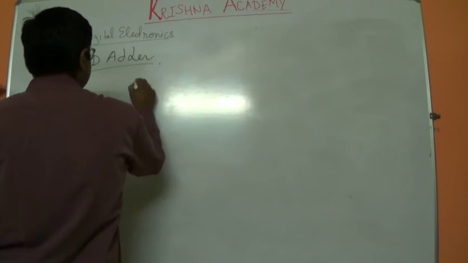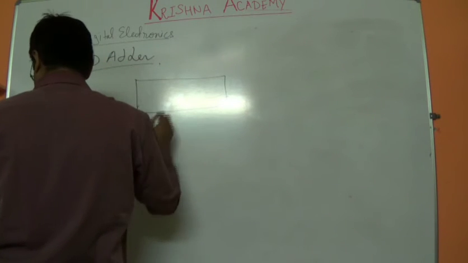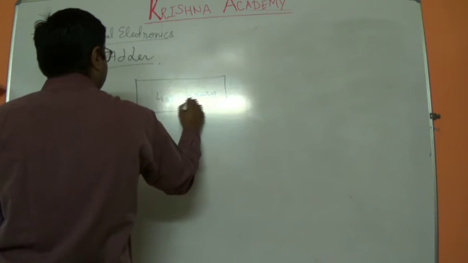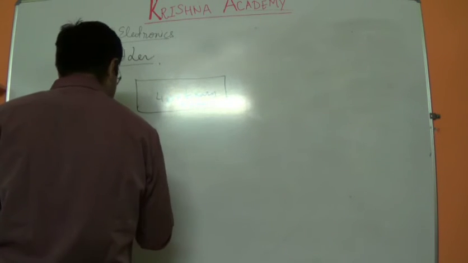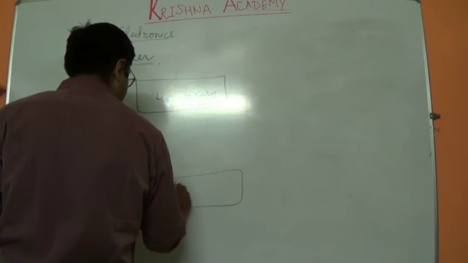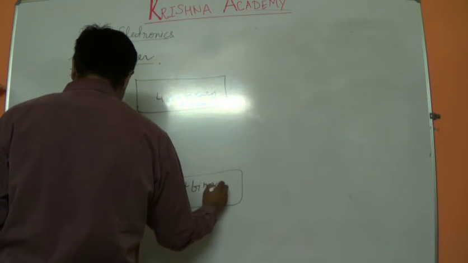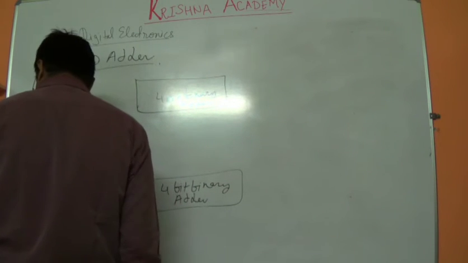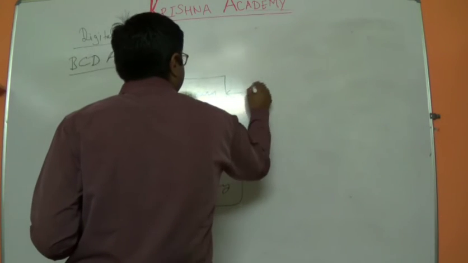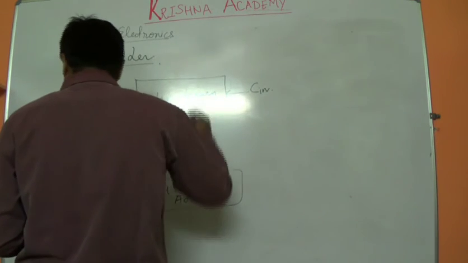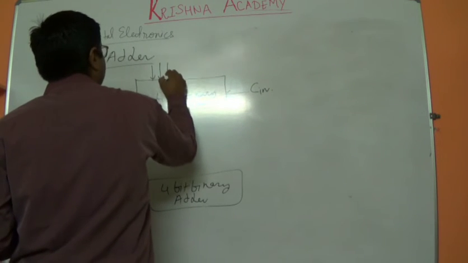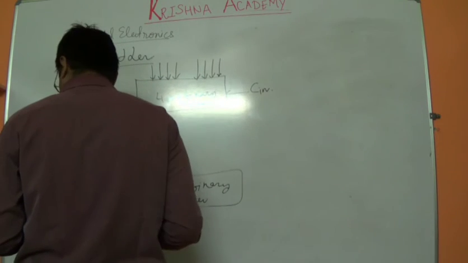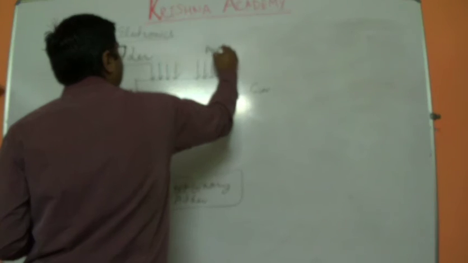Say there is a 4-bit binary adder circuit, and there is another 4-bit binary adder circuit. Now we need to put the carry in, C in, there, and as we all know there are 4 bits, so the augend bits as well as the addend bits are provided there,